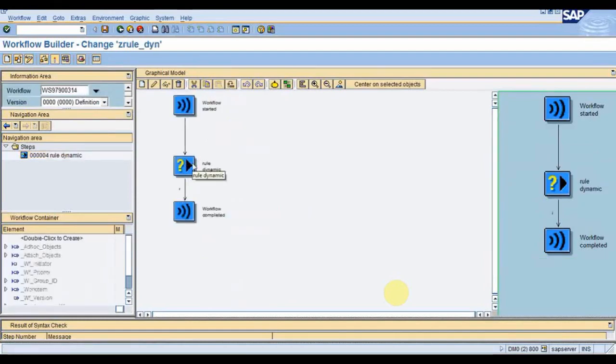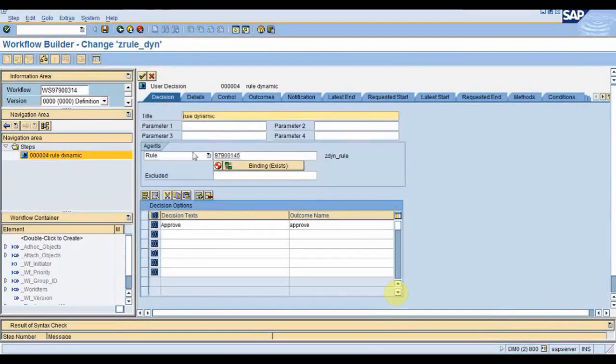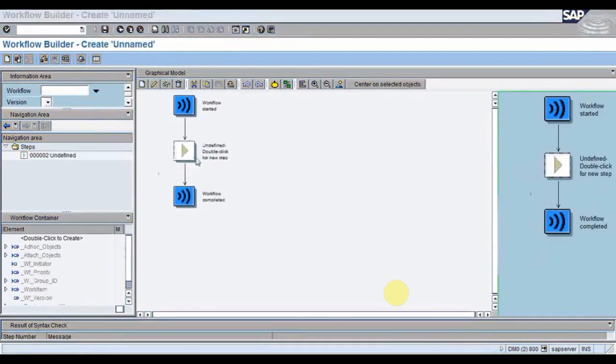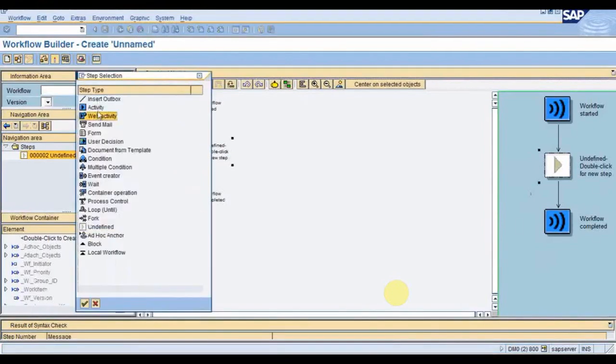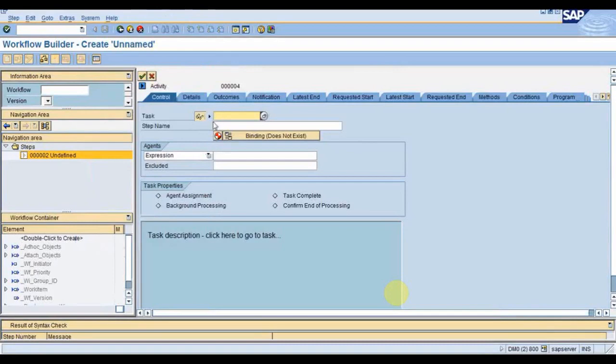I'm just taking the help of this dynamic rule. Here it is fetching the user based on the company code. In the decision, you can see we were having these users. Using this, I will just create a new one. Create one activity step, because we will be using the dynamic agents.